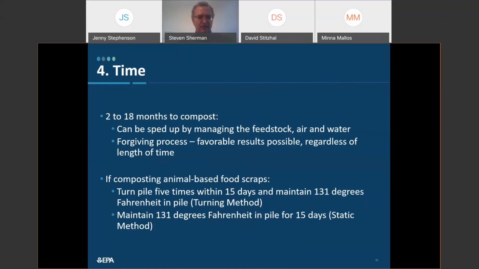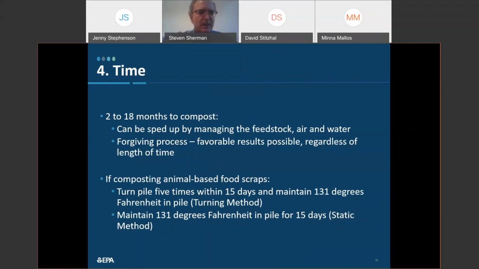those meat and dairy products. So there are some standards that are used about turning piles a certain number of times within a certain number of days and maintaining a certain temperature within the pile. And depending on whether it's a static method, not turning, or turning, there are different standards for that. So if you're going in that direction, that's something that's probably worth talking about separately offline, because it's a fairly sophisticated way of doing things, but I want to at least